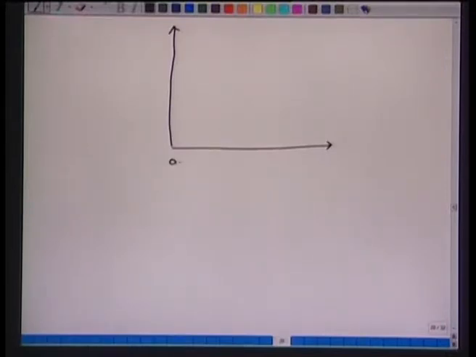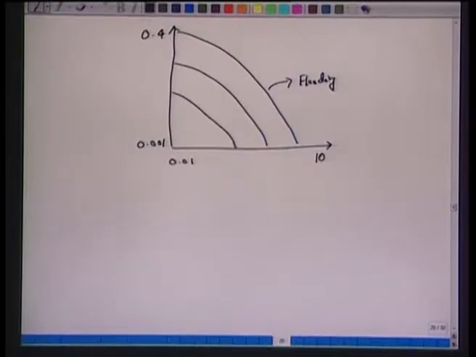We have this plot: 0.01, typically we have here 10. Okay, here you have 0.001, 0.4, and you have several of these curves. The top curve, of course, we know is the flooding curve. Okay, and then you have several other curves with different pressure drops. So this is 1200, for example, 400, and all the units here are Newton per meter square per meter. So that's your delta P over L.